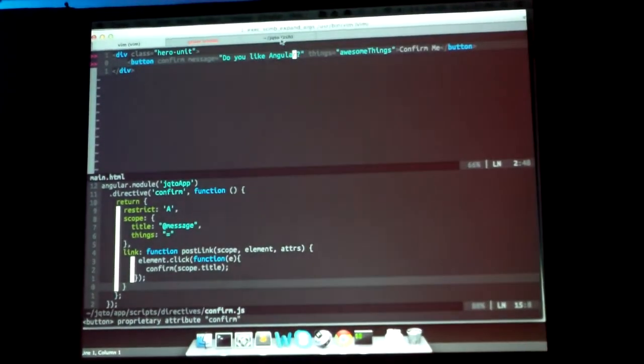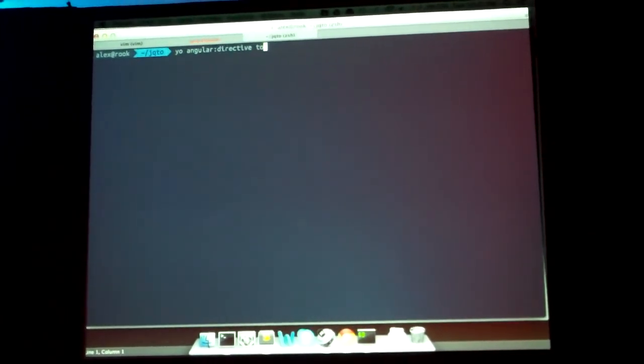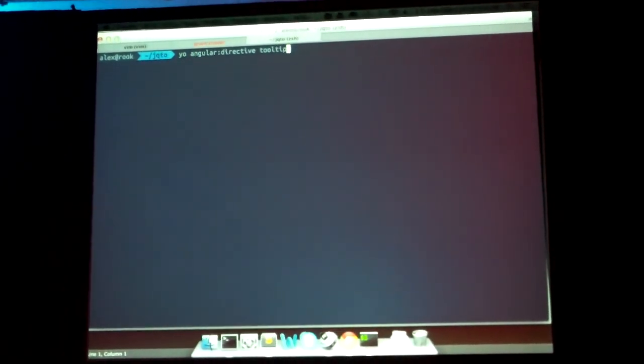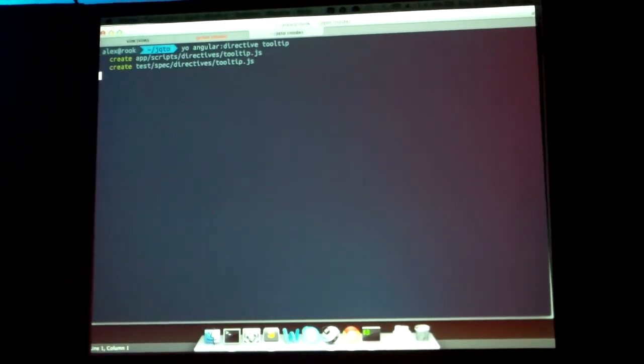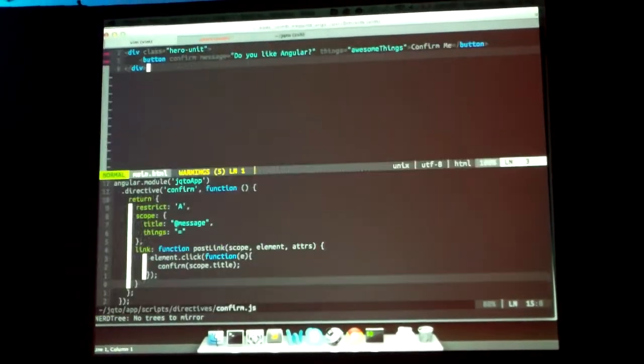So I'm going to go back to Yo Angular directive. Let's call it tooltip. Awesome. So now Yo went ahead